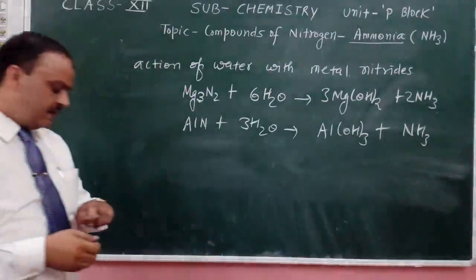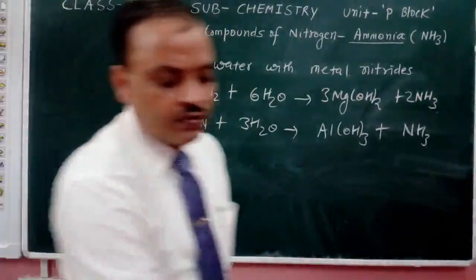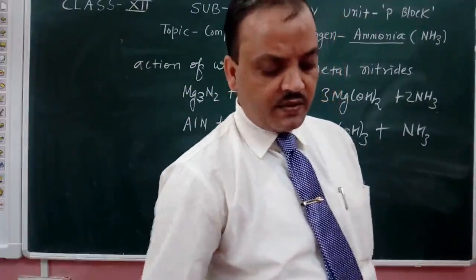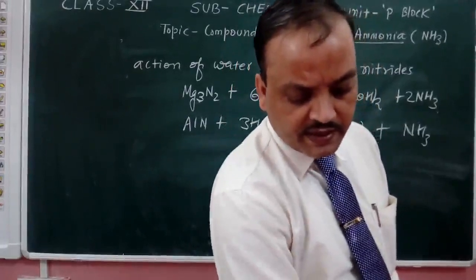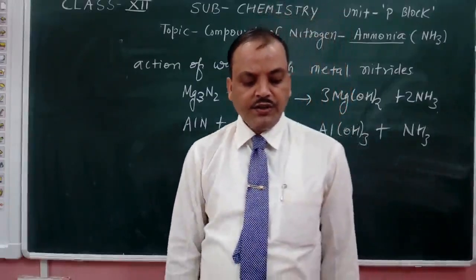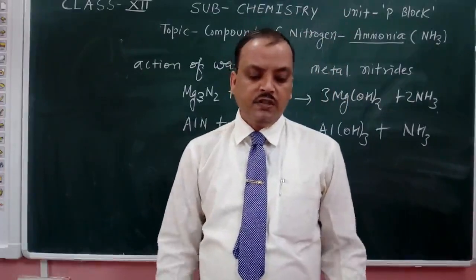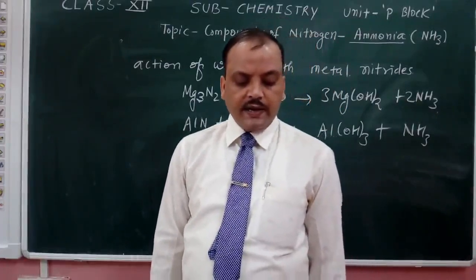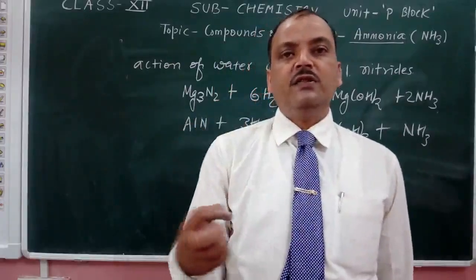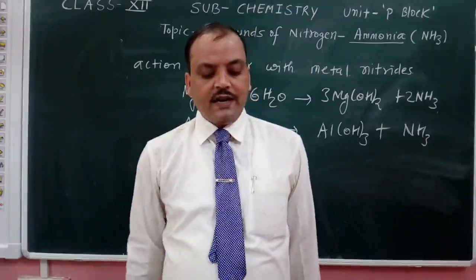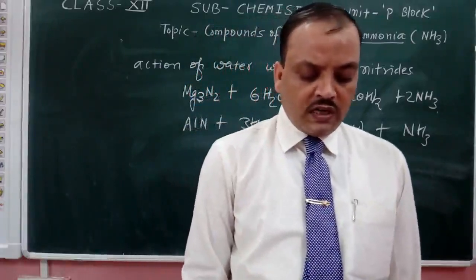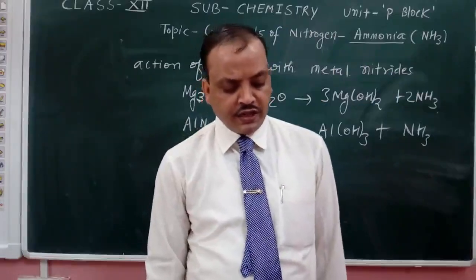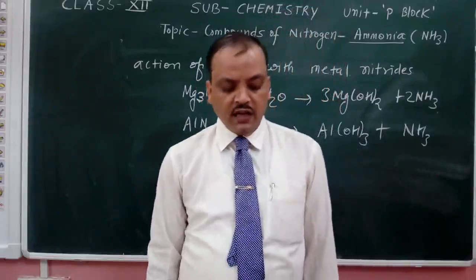So these are the methods used in the preparation of ammonia. Now, when we get the ammonia, it has moisture in it. The moisture present in ammonia may be removed through a glass tower packed with quicklime. यानी जो अमोनिया बनता है उसको आप क्विक लाइम में से पास करेंगे तब जाकर उसके अंदर जो मॉइस्चर है वो रिमूव होता है. So calcium oxide is used in the removal of the moisture present in the ammonia.